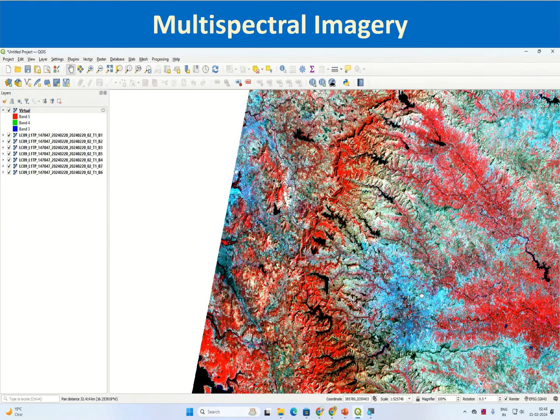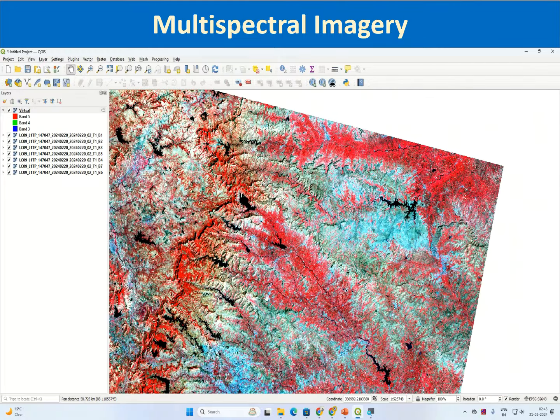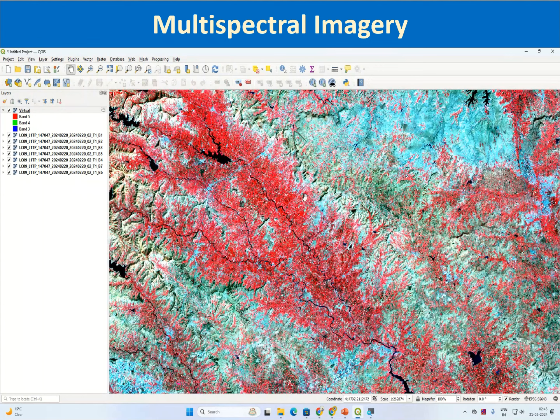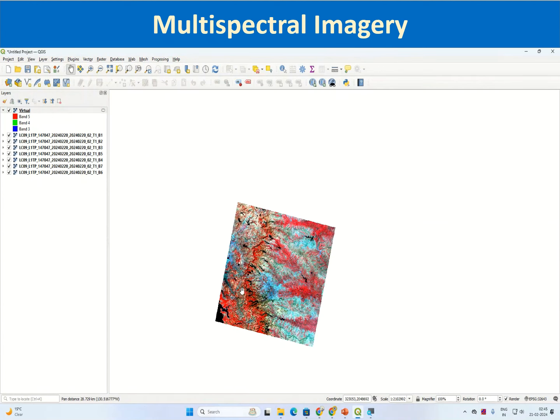So this false color composite can be used for delineation of, say, the project or the agricultural and as well as the forested areas. Now suppose let us try with other band combinations. Now if you go for SWIR 2 band and SWIR 1 band, that is B7, B6 and red band. If you select these three bands, 7, 6, 4, this